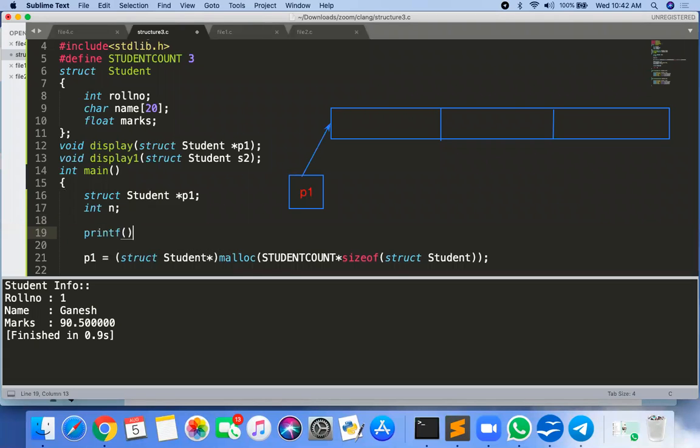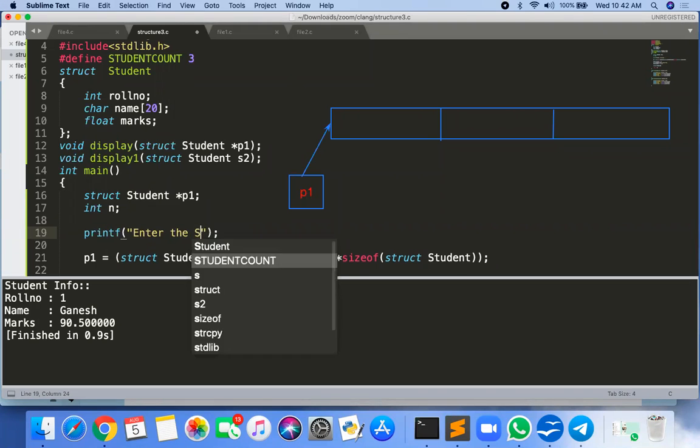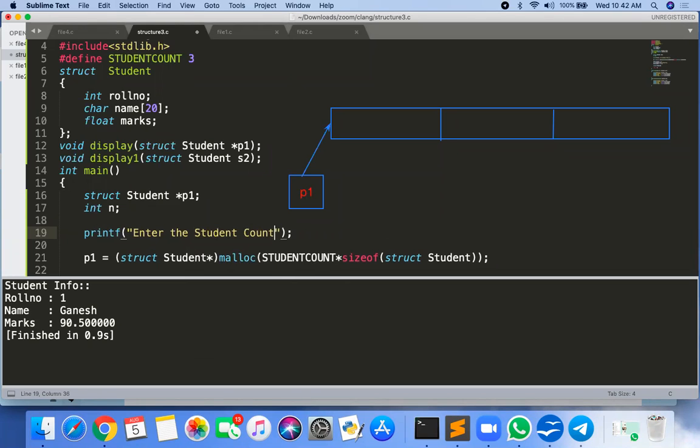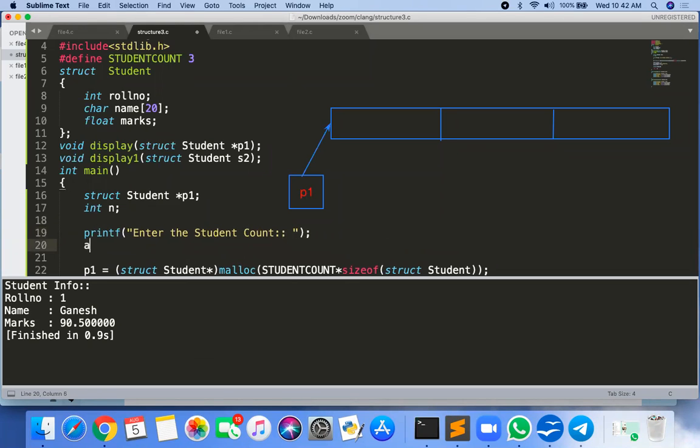Printf, enter the student count, and then scanf, %d, and then comma, address of n, and instead of student count, just n.